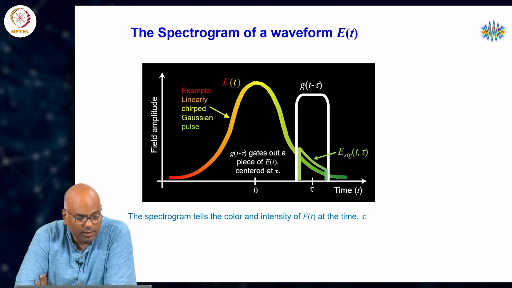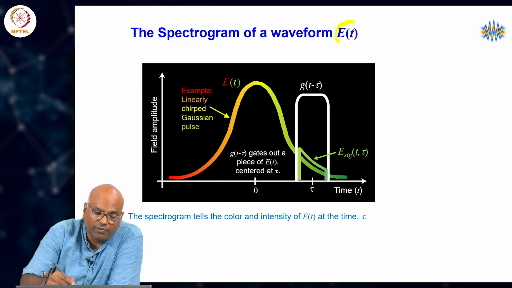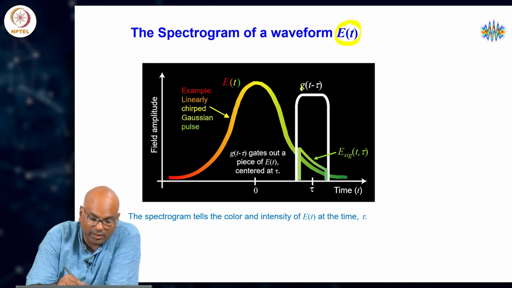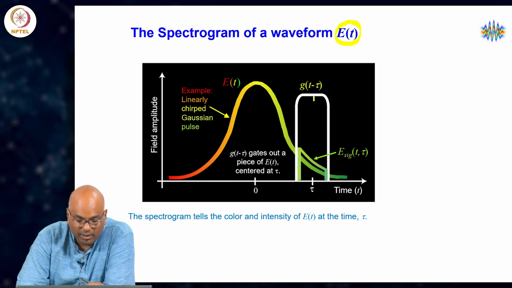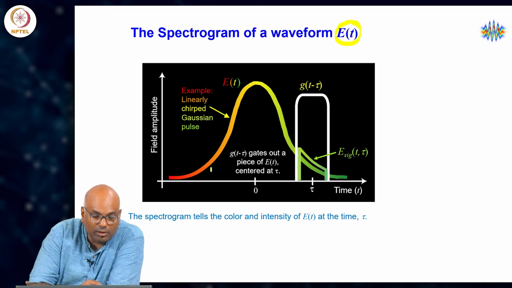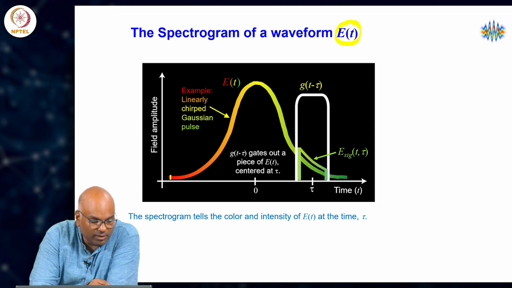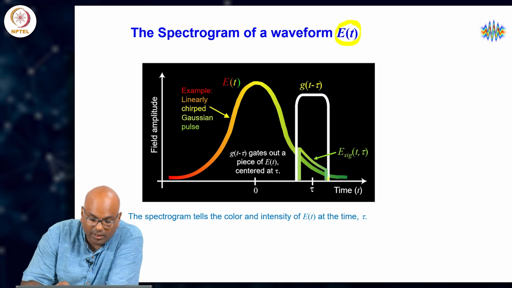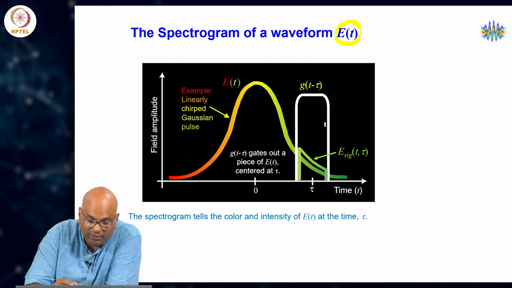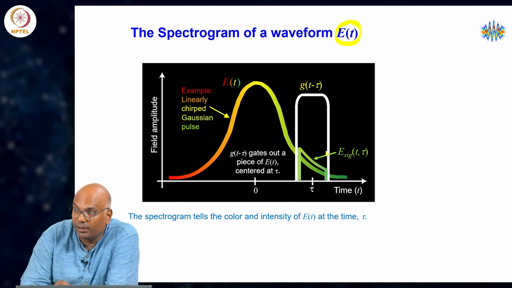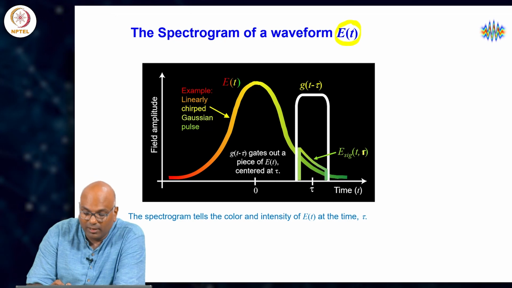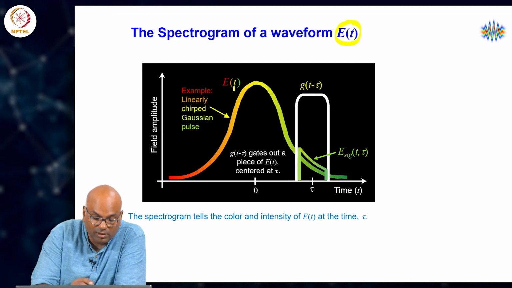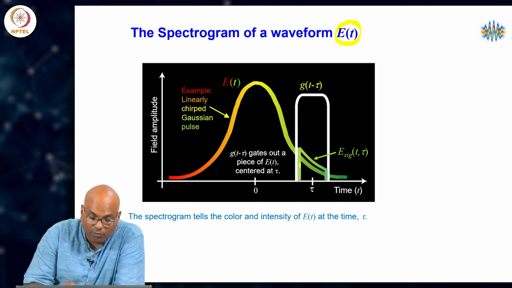We saw this yesterday. So, the spectrogram of a typical waveform E of t essentially can be obtained by taking, in the sense of convolution, a gating function g of t, and rolling it over the waveform E of t which is of interest. We understand that the waveform itself can even be chirped, right. So, its spectral content can vary with time, the instantaneous frequency can vary with time. If we roll the gating function over this using a delay variable tau, which is practically the delay line of the interferometer we are using to do the metrology, then essentially the overlap, the integral of the product of these two functions E of t and g of t minus tau, for every value of tau which we measure,